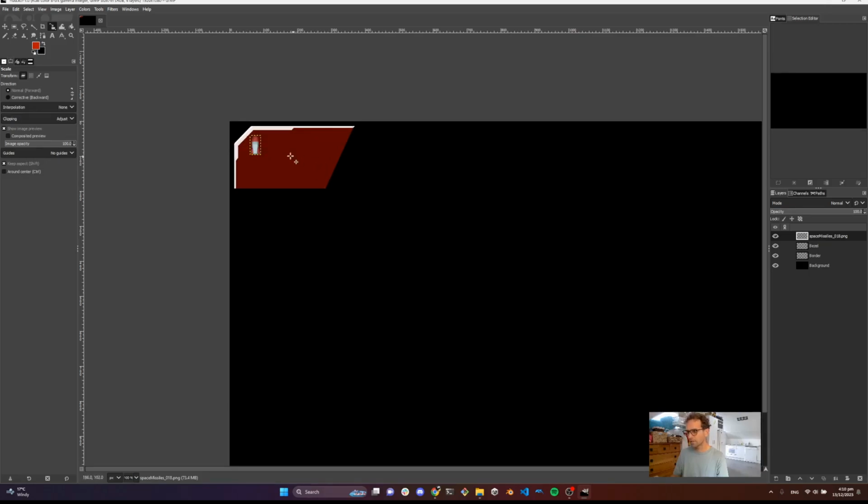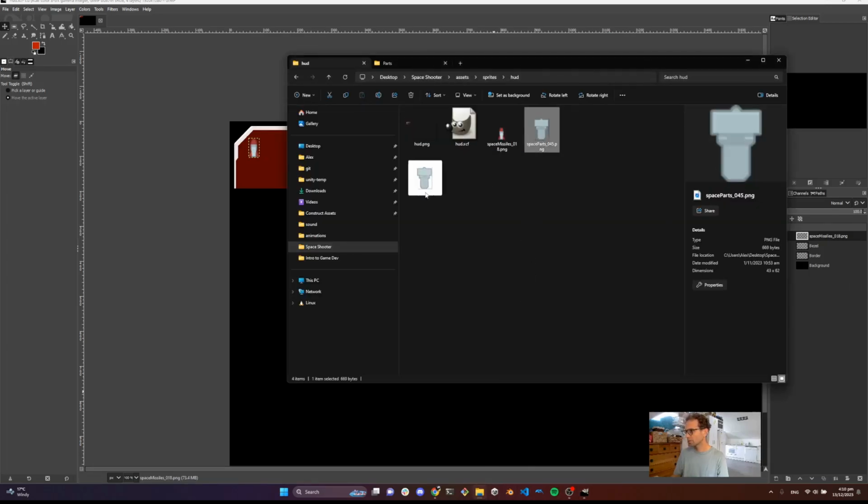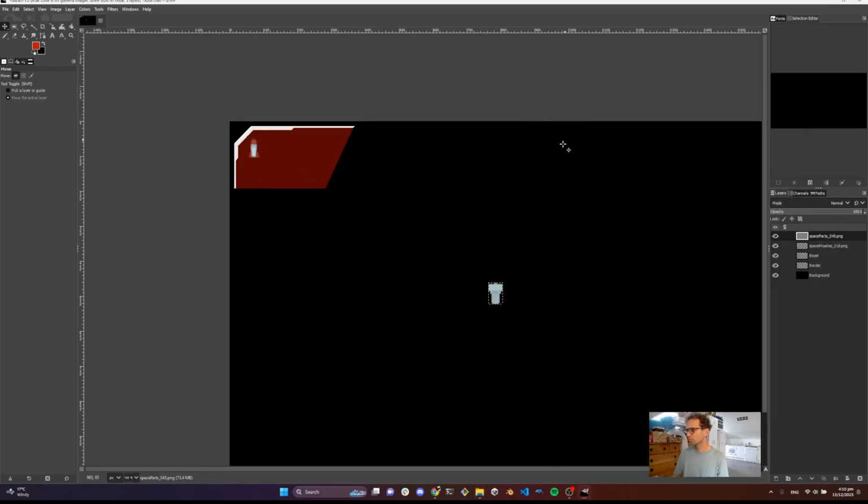So shortcuts, M is for move, so I'm just doing that now. Yeah, something like that. All right, cool. And the other piece I wanted to put in there just to see how it looks is the engine part. So yeah, M to move. Probably I'll scale that a little bit as well. Shift S to scale. Yeah, and click that. M to move again. Yeah. Okay, so